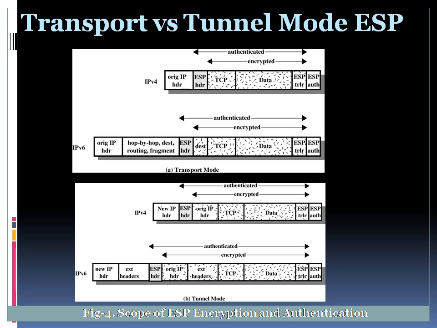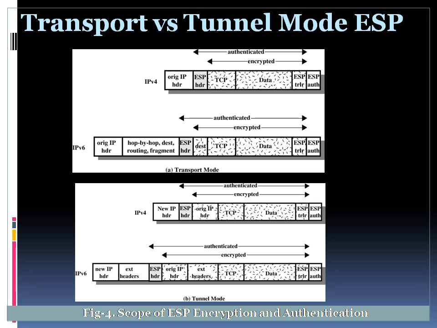It is going to examine and process only the IP header plus plain text IP extension header and not the ciphertext. That is, it is not going to examine the ciphertext or the encrypted text. Lastly, the destination node examines and processes the IP header plus any plain text IP extension headers. Then, on the basis of the SPI in the ESP header, the destination node decrypts the remainder of the packet to recover the plain text transport layer segment.